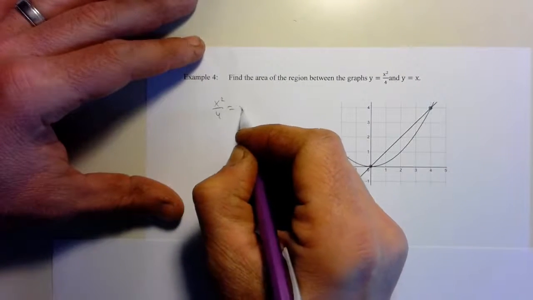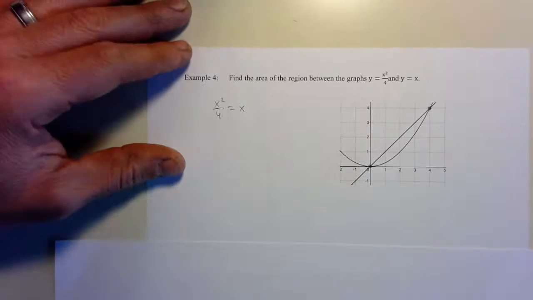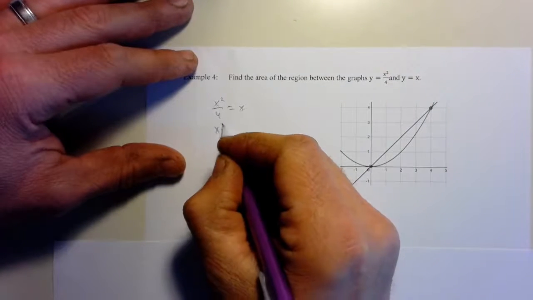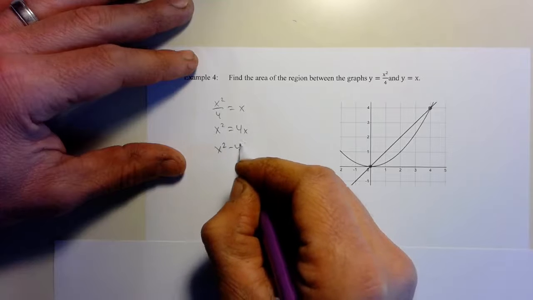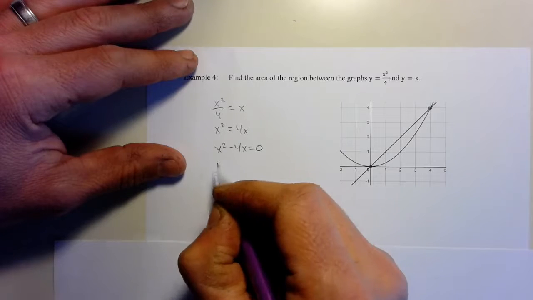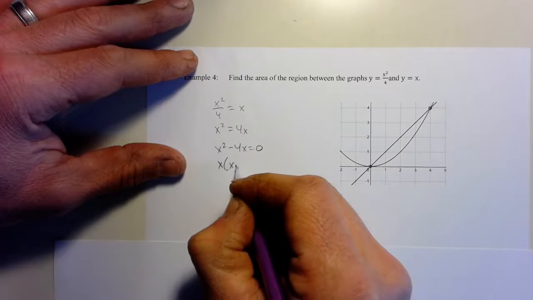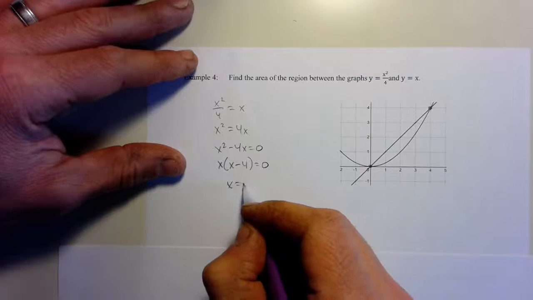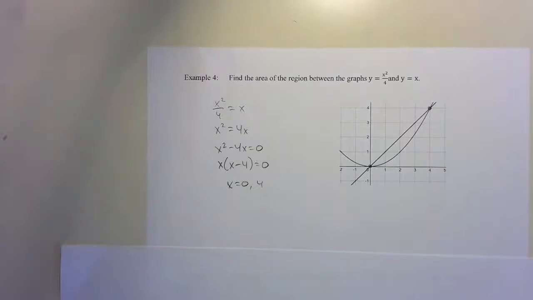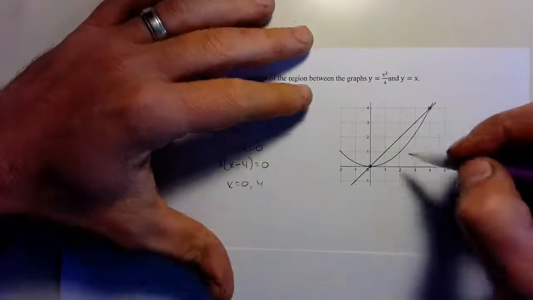Multiply by 4. I'm going to move this over. Factor. And then I can see that 0 and 4 are my x values. Do I need my y values? No, I don't. The reason I don't need my y values is, remember,